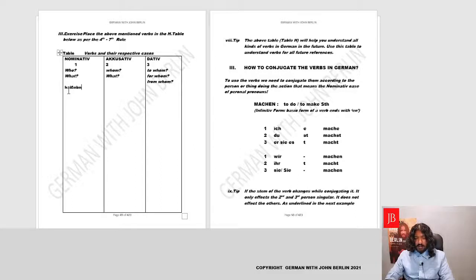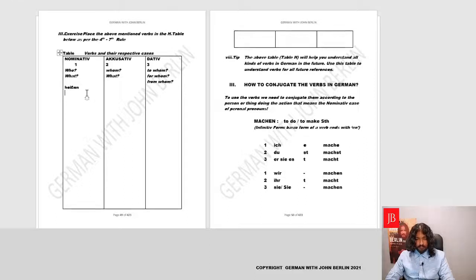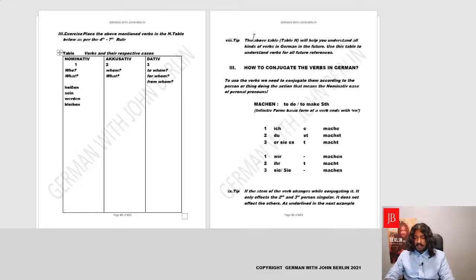Yes, it can come under the category of nominative. Similarly, the verb to be, I am John Berlin, again comes under this category. Also the verb werden, I become a writer. It's also I and writer are the same person. Werden is also under this category. And last, I remain a writer, bleiben, will also come under this category since I and writer are the same person. So this column will just have 4 verbs, that is heißen, sein, werden, and bleiben.